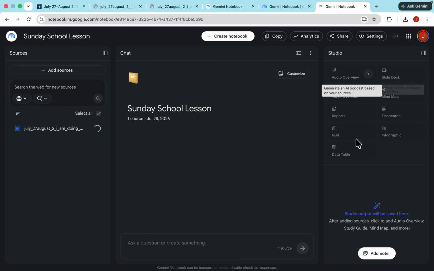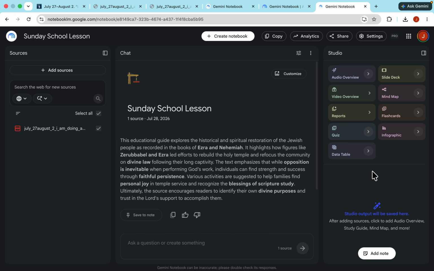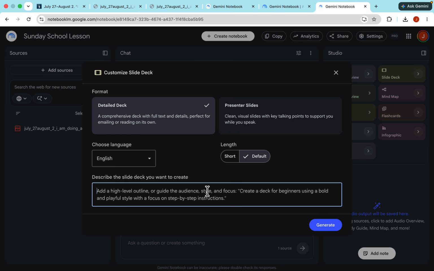What's important to note on all of these tools is that the prompt that you give it will be the deciding factor on the quality that it outputs. So if you just give it a bad prompt and just say, hey, give me a slide deck, it's going to do that, but it's not going to be elevated to the level that I'd hope all of you could see with a tool like this. What I mean by that is if I want this slide deck to be a good overview on these lessons, then I'd go through and say,